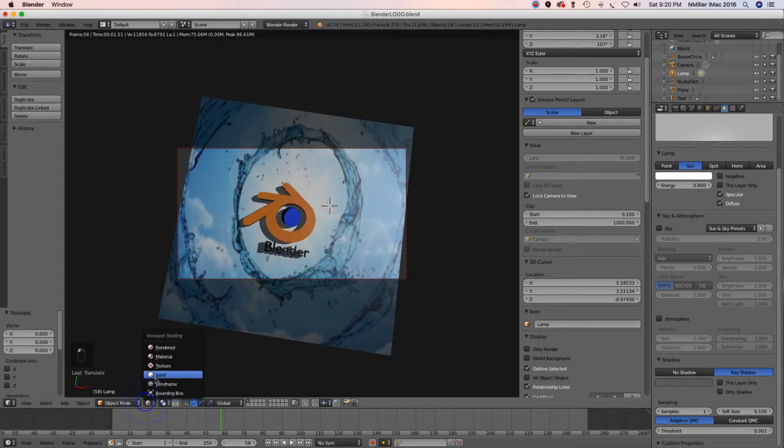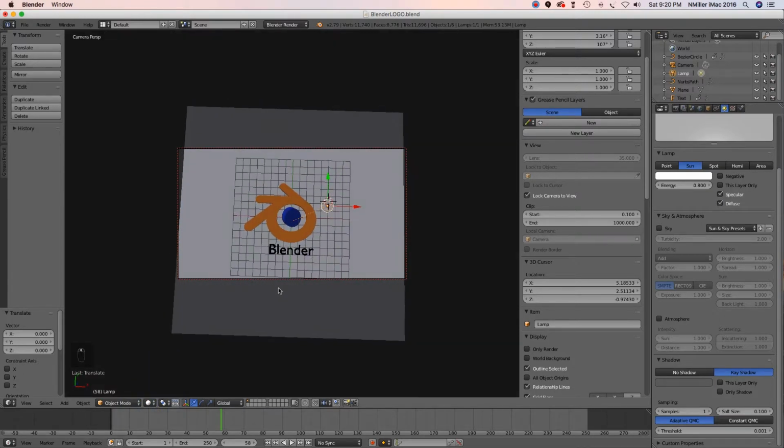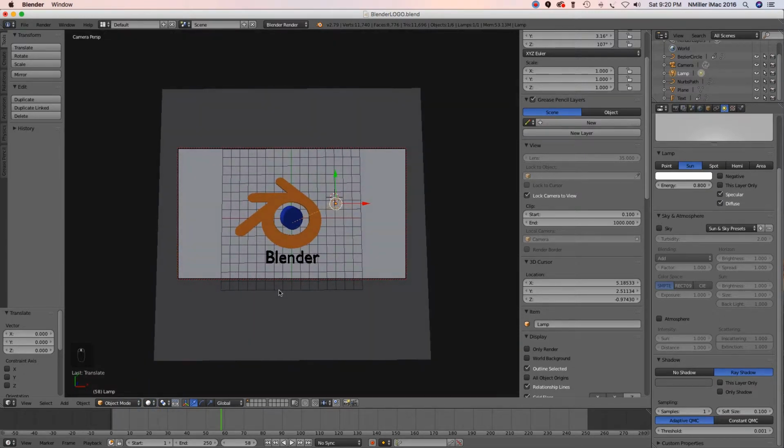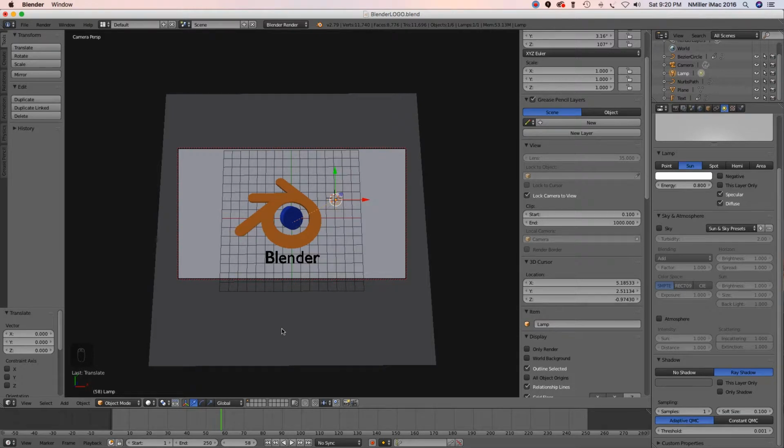This is taking too long. Let's go back to solid. Okay, so now I can adjust, and maybe I need to zoom in a little bit, or maybe I'm going to set my cursor. Let's